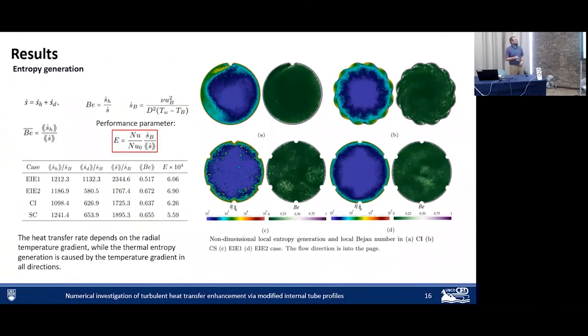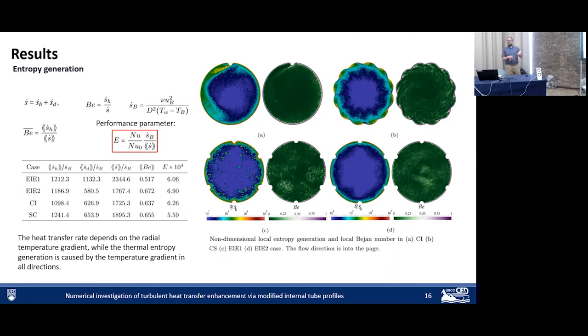The other thing we can comment on is entropy generation. Entropy, again, represents the loss of useful mechanical work. And it can occur through heat transfer across a finite temperature difference, as well as irreversibilities. In our case, primarily irreversibilities associated with turbulence. And the ratio of the total entropy production from heat transfer divided by the total entropy production overall is called the Bejan number. And what we show here is a plot of Bejan number in the green to purple scale, as well as a plot of the entropy production